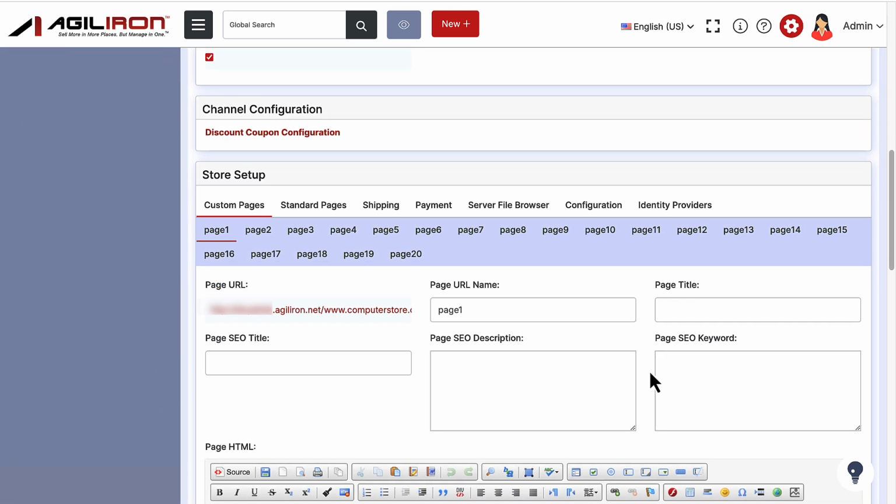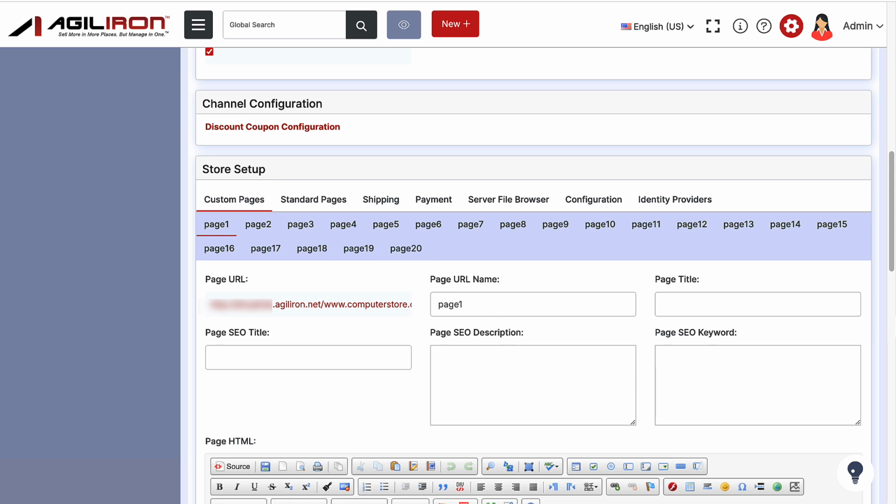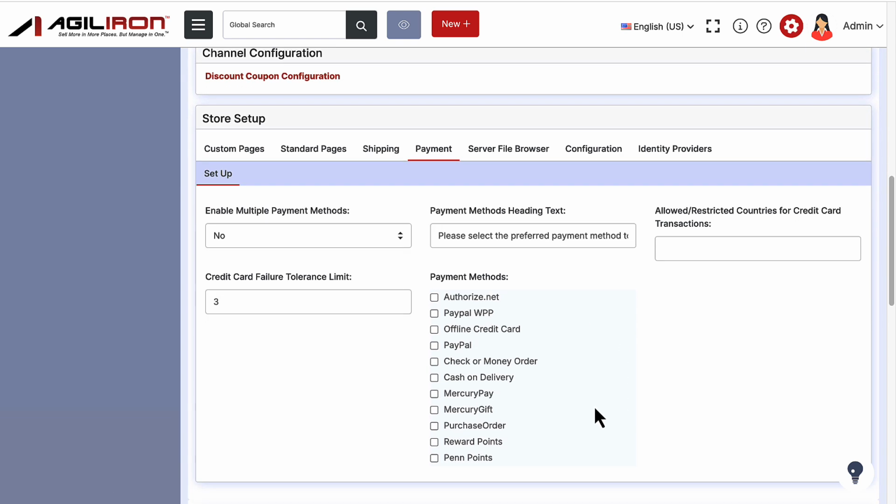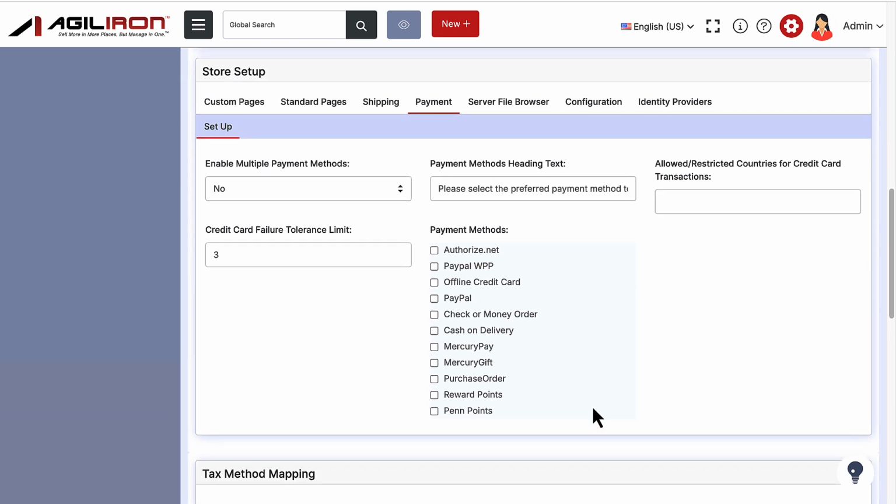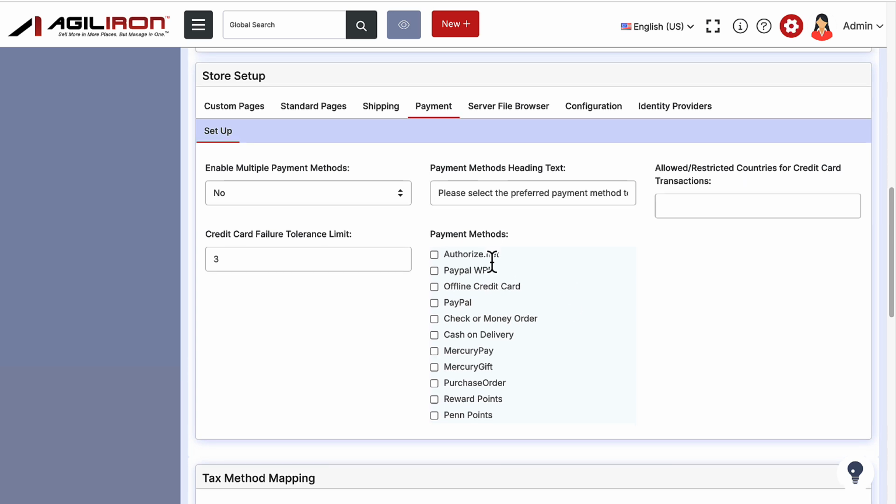There are more web store configuration options under the various subtabs here that help you further refine your web store. Let's start with the Payment subtab. Here you select the various forms of payments you will offer on your web store and provide the necessary information for the respective payment methods. Agiliron supports the popular payment gateways like Authorize.net and PayPal and Mercury Pay,